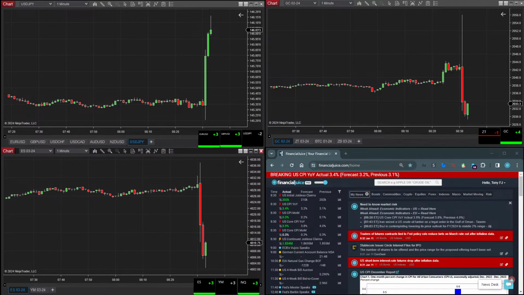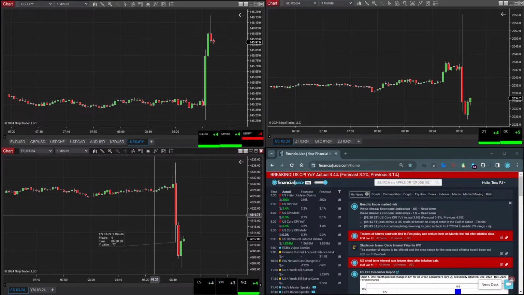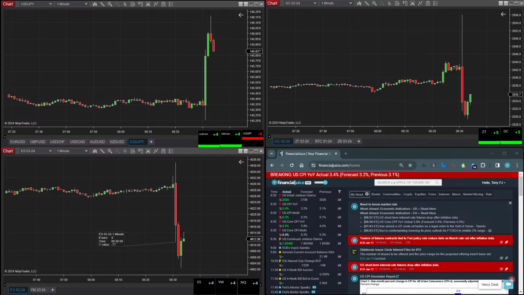The initial market reaction then, let's have a little look on the S&P. Jumped in and jumped out on the NQ. So 75 ticks or 77 ticks towards the downside on the S&P NQ. Let's see, what do we get here? Okay, wow. 382 ticks towards the downside on the NQ.